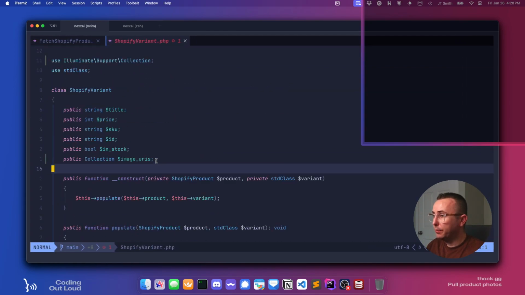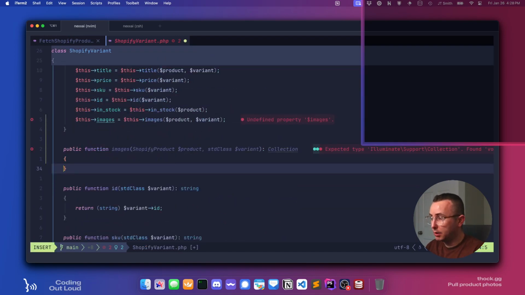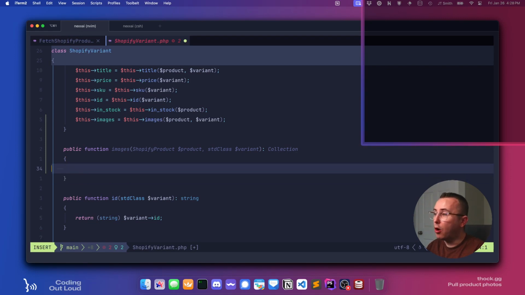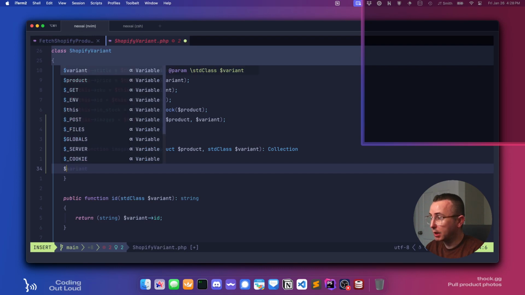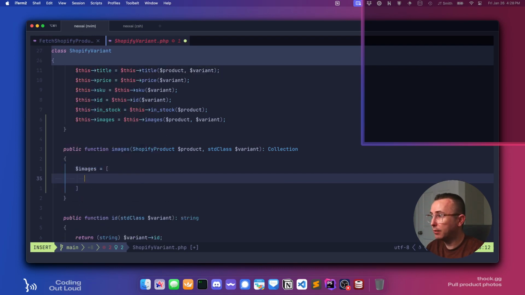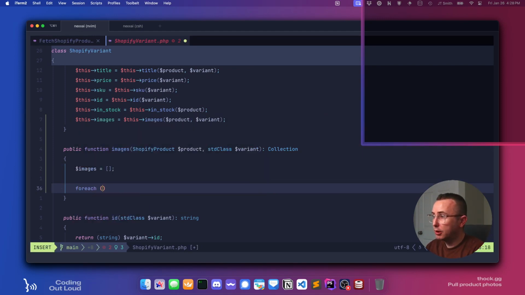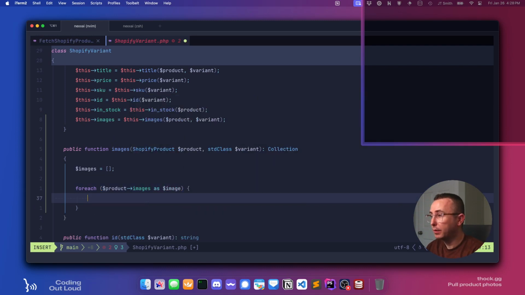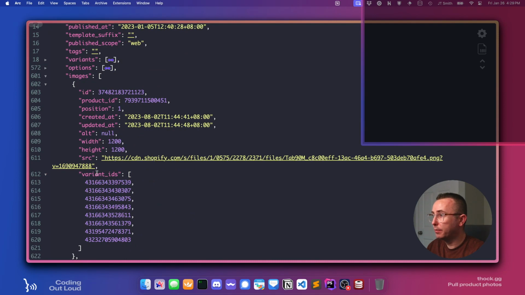Okay, so we can then say images. Okay, so at this point we have all of the images, like the concept of these images, because we've already passed in the product. So what we can say is let's just say images equals blank array. And then, so for each product images as image, if image,